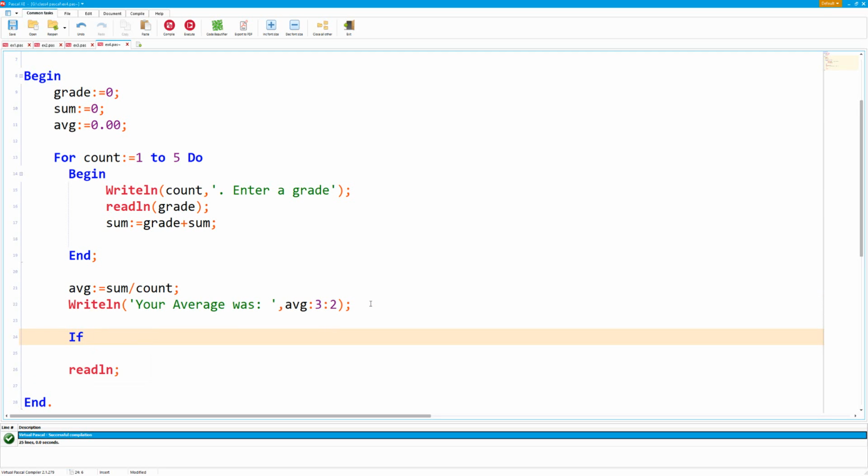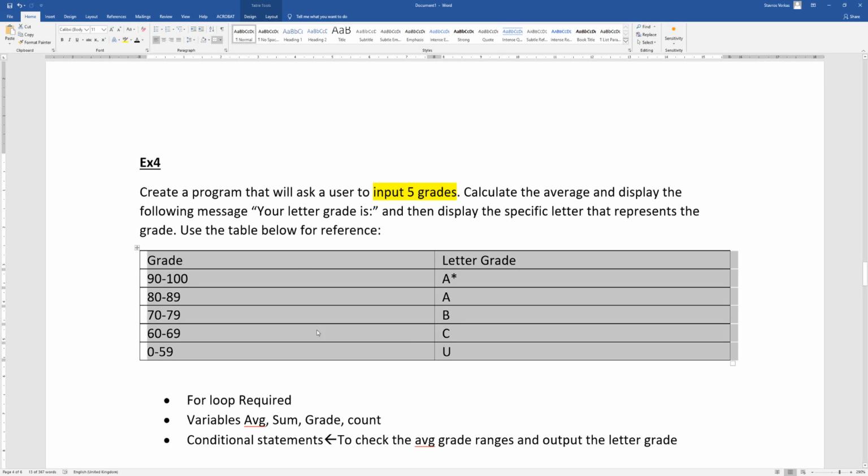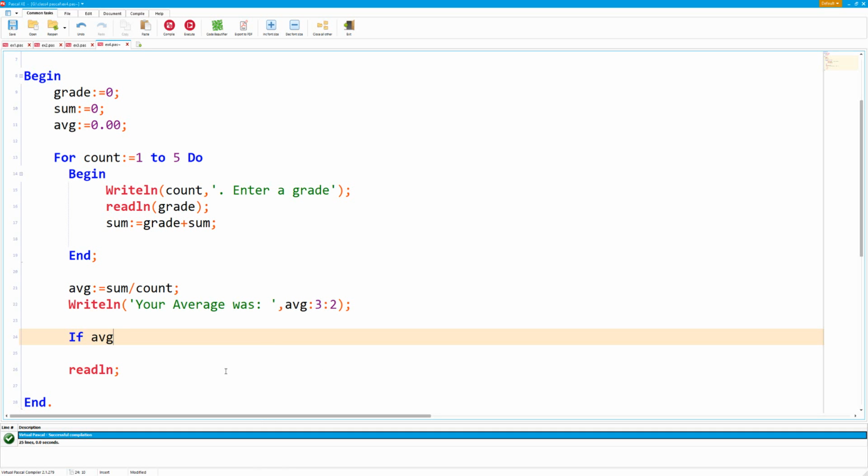I'm going to say if average was what? If the average was greater or equal to 90 and less than or equal to 100, then it should say you got an A star. So let's try that out. So if the average was greater or equal to 90 and the average was less than or equal to 100, then